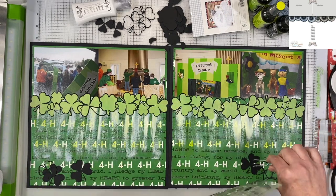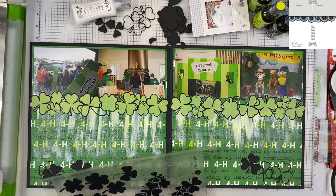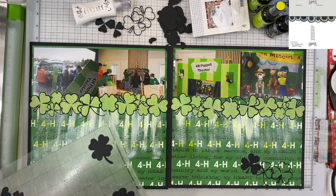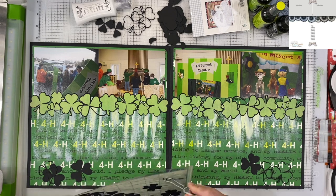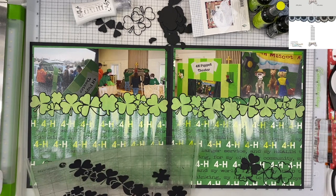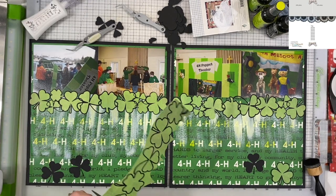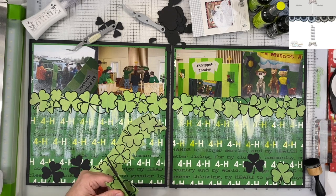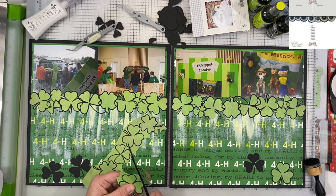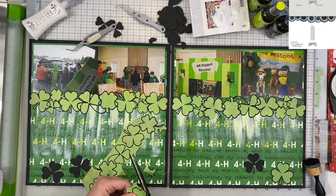Now I did also cut out some individual clovers, and so I'm pulling those little outlines and some of the solids, and I'm going to create my embellishment areas out of those so that it all kind of has that same feel and that same look. Now I went ahead and I stuck the outlines with the same glue onto some more of that green paper, and now I'm just cutting them out because I did not run the green through my Silhouette to cut out the individual ones. I had already deleted them off my page,